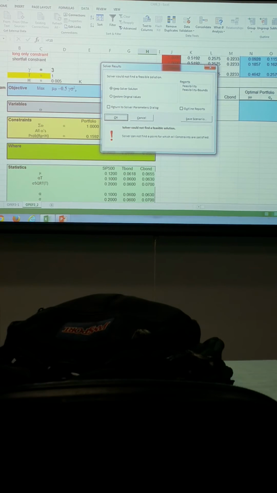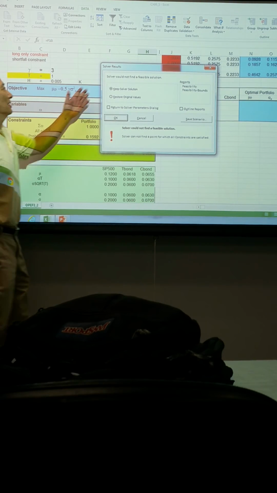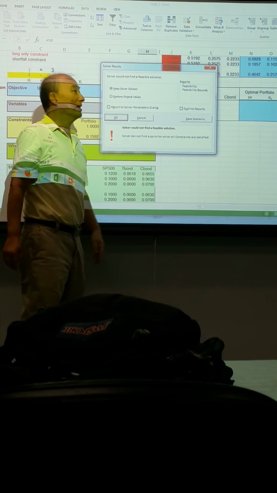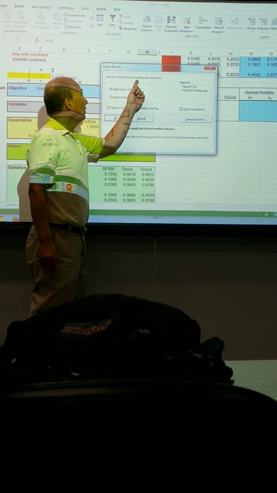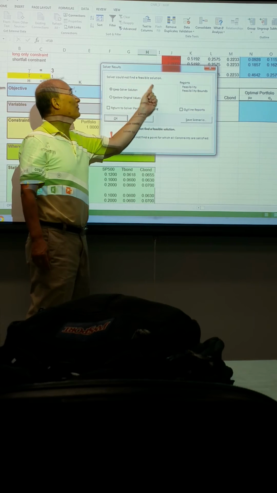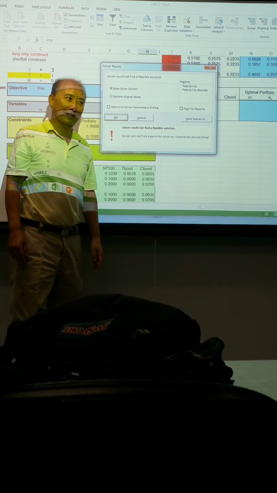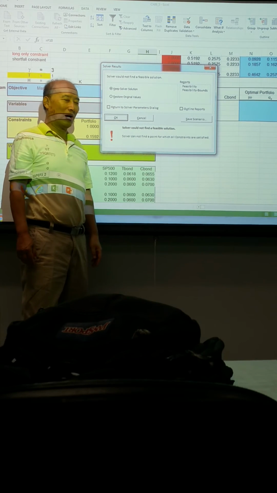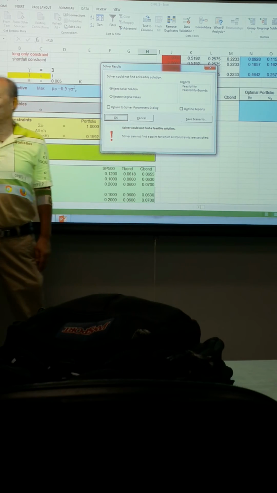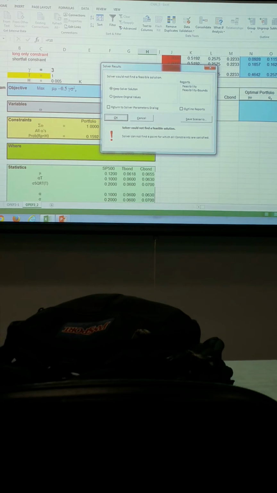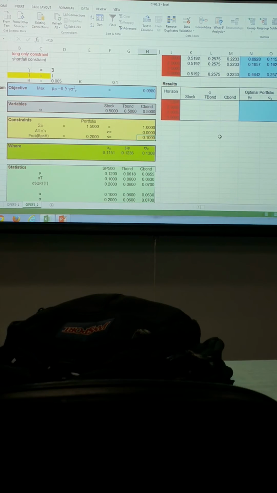When you solve it, you have to be careful to see this one instead of just simply copying it. Solver found solution. Oops, no, Solver could not find a feasible solution. What does that mean? Why does that happen? Anyway, in this case, we were not able to find the solution. What that means is,